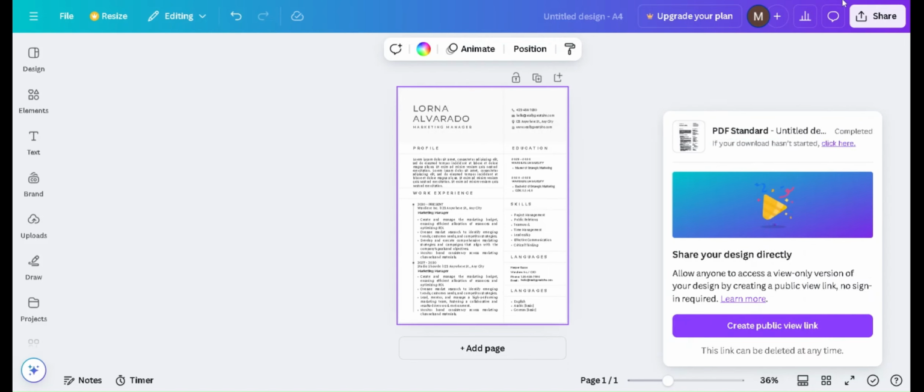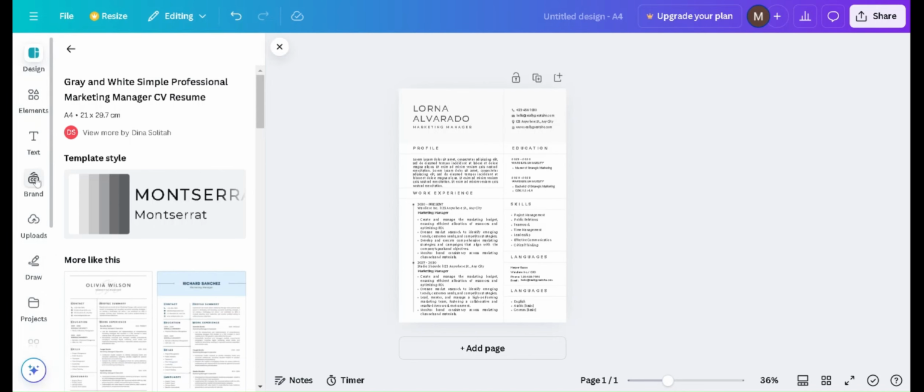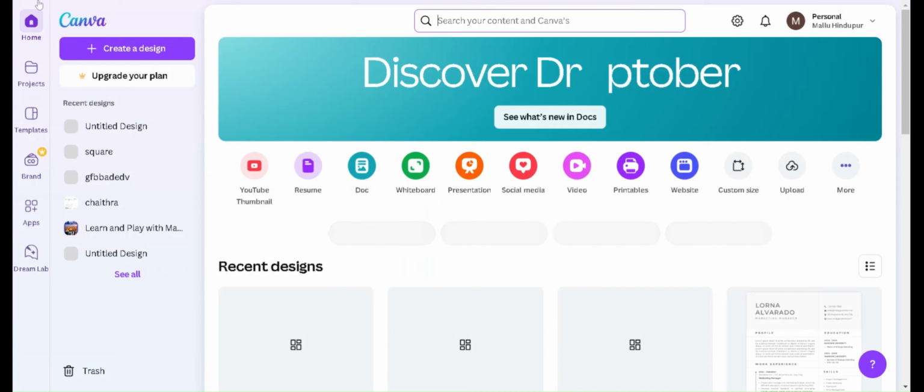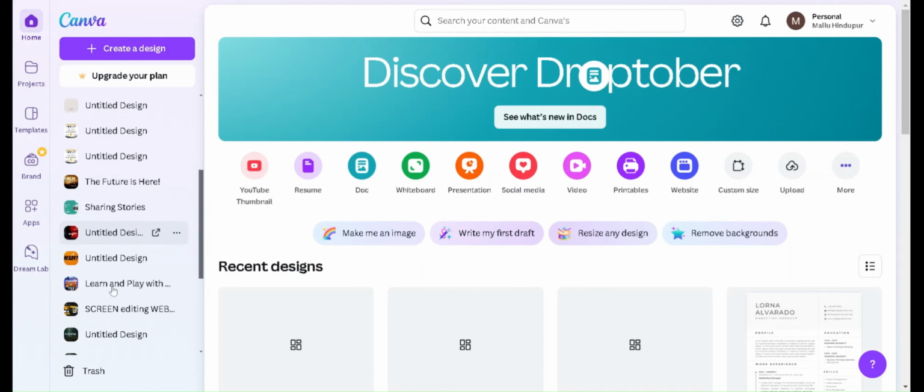a smooth workflow. In conclusion, Canva is a powerful tool that simplifies the design process, offering a multitude of features for resumes, certificates, logos, and more. Whether you are creating a professional document or a personal project, Canva provides the resources you need to bring your